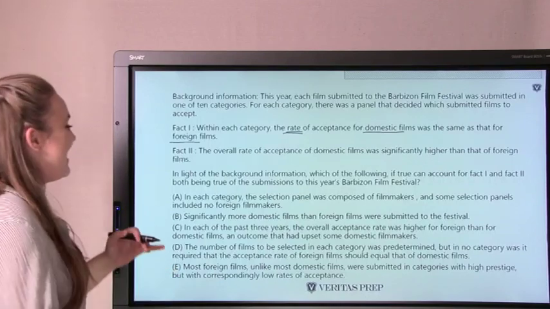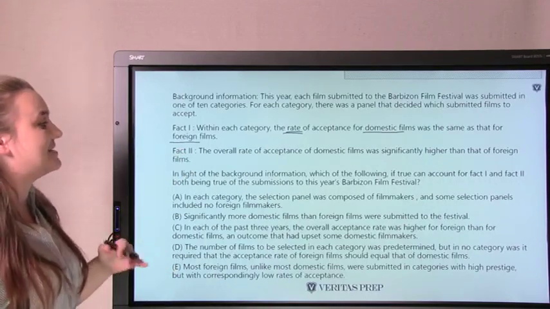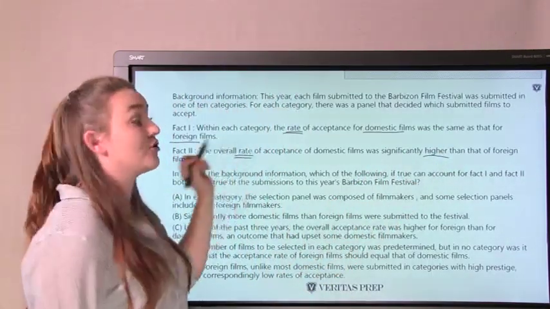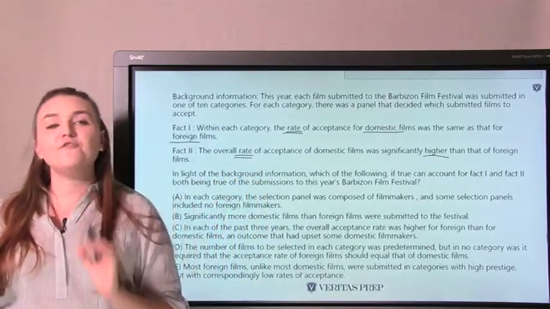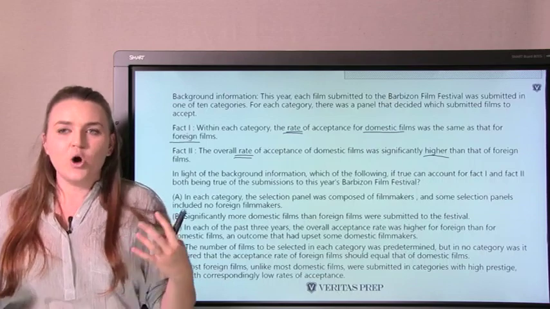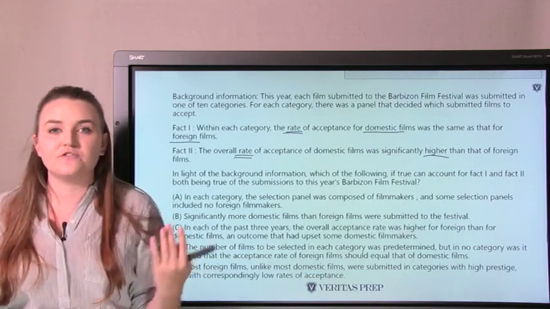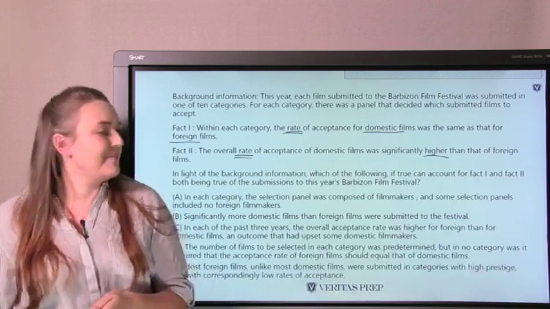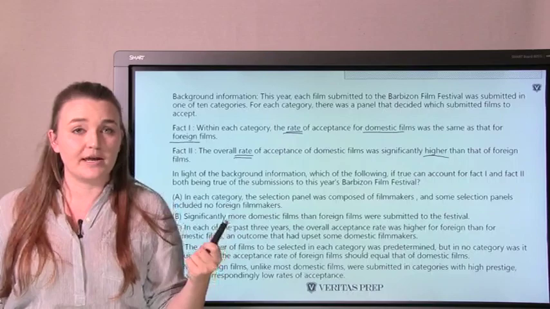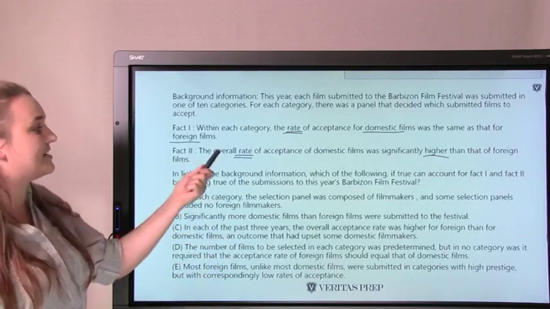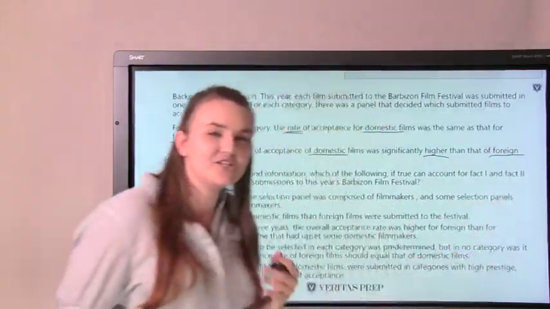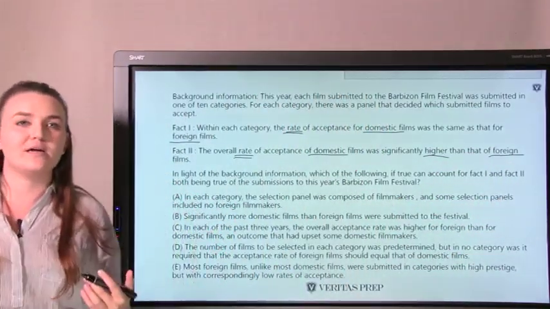I like it. So fact two tells us the overall rate of acceptance of domestic films was significantly higher. And once again, we're speaking to the rate. So if we are looking to bridge the gap, once again, I can think about what would have to be true in order for these elements to align, right? Because in this case, if the rate of acceptance was the same within each category, but the overall rate of acceptance was higher for domestic than for foreign, if we just brainstorm through what might realistically allow this to make sense,